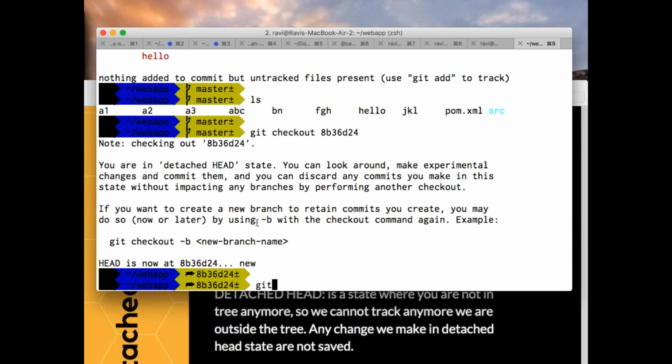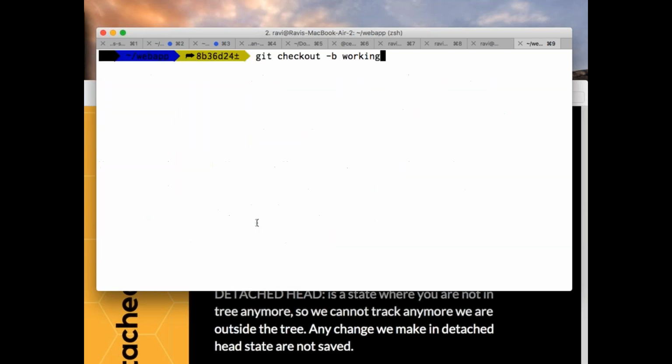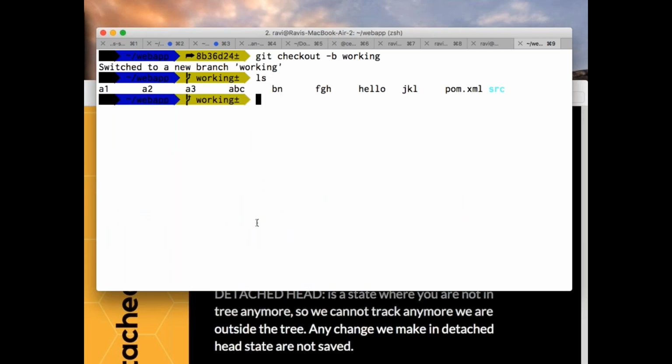Now I'll say git checkout -b, let's say a branch called working. Now it switched to my working branch. Here I have all these files.